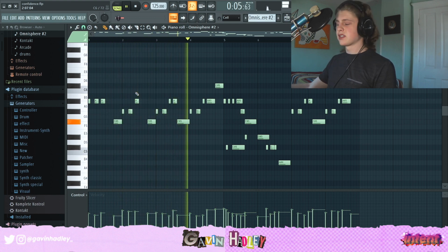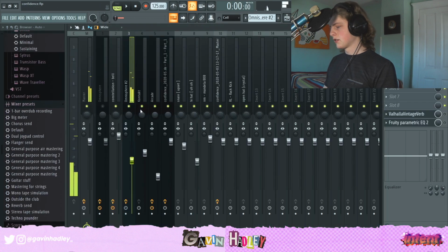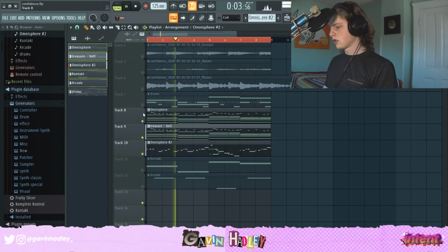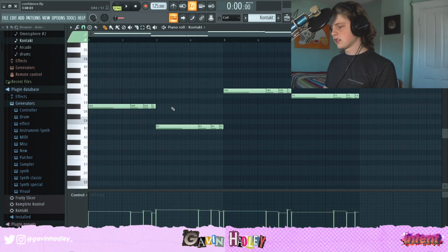Just using the black notes on my keyboard, trying to play them in a cool way. This is what it sounds like with a bunch of effects on it. Drenched it out. Tucked in the back. And yeah, after that, I have Scarvy Rickenbacker bass from Contact, just playing the bass notes,